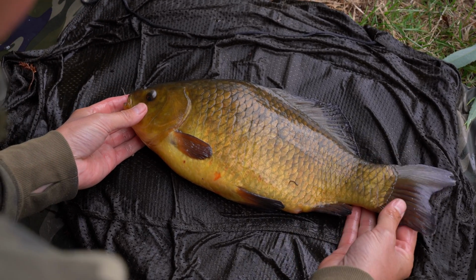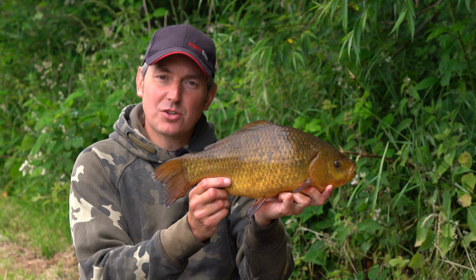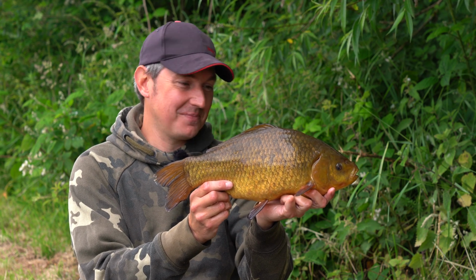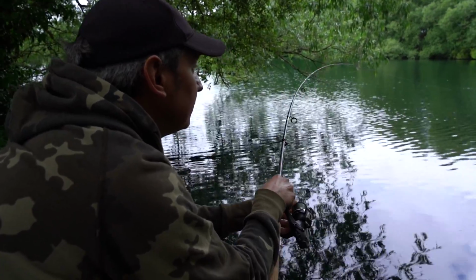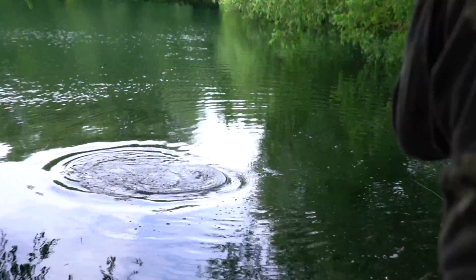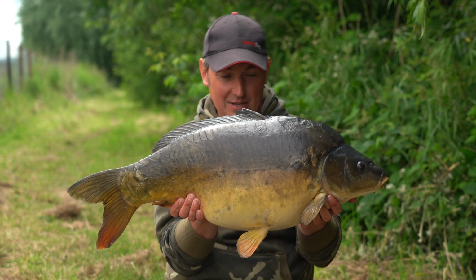I'd never seen a 3 pound crucian on the bank until that morning, and I think I'd had 3 by then, like I said, with a new PB of 3.5. And just for a little bit of fun in between the crucians, I did have a mirror carp gate crash the party, which was great fun trying to play it in that tight little swim. I think it was about 24–25 pounds, but on a 1¼ pound test curve rod,